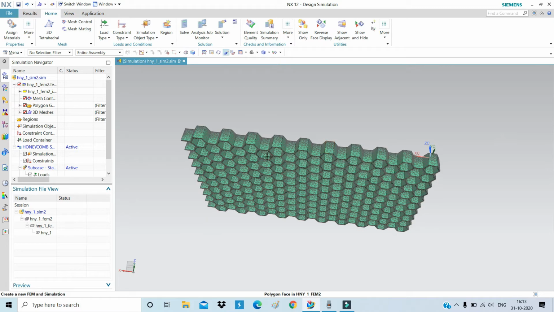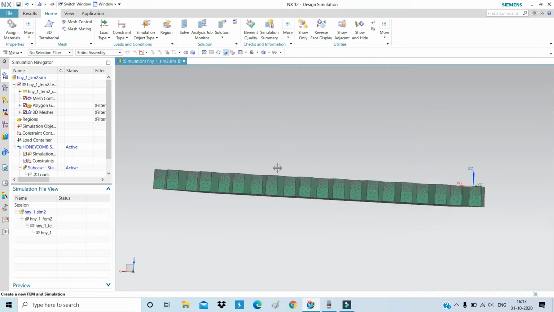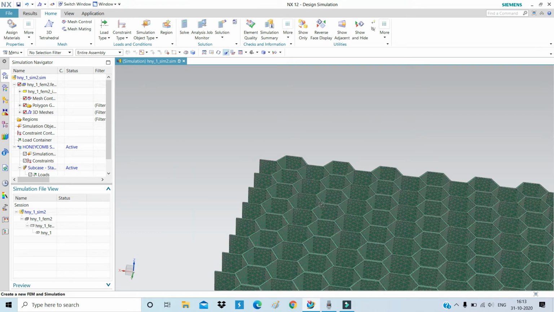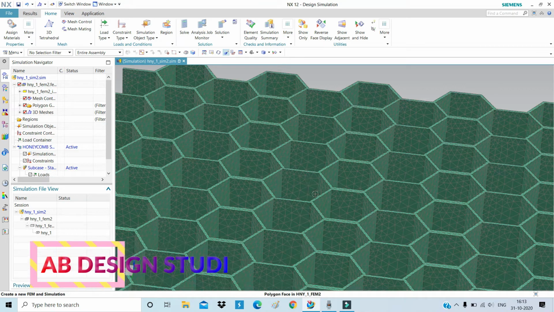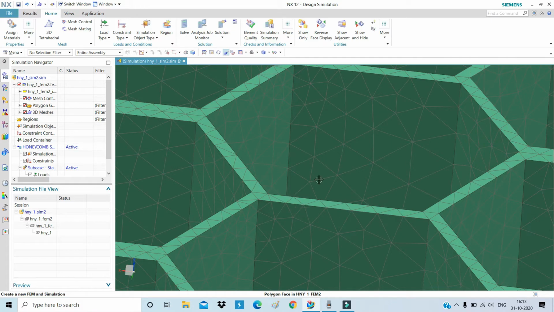Our second step is also completed. You can see the meshing view. Meshing has been all done. The 3D tetrahedral mesh is created.